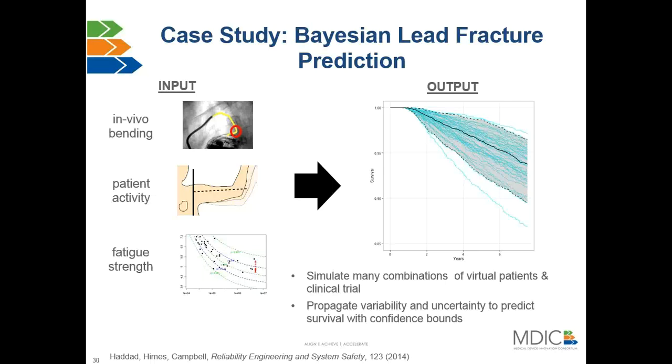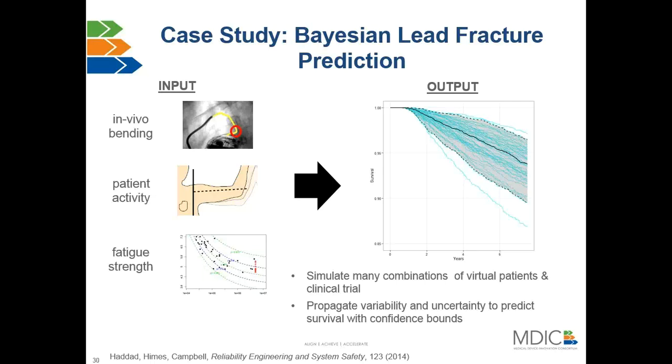And so the methodology is really to basically take all of those factors, randomly grab a patient, and randomly grab a device and an activity level, and really put those together in a blender to see how long it'll take for that virtual device with that virtual patient to fail. And when we say a virtual patient, that's what we mean. And we can do that hundreds and thousands of times to get a huge cohort of virtual patients and see how long it takes their device to fail or not fail.